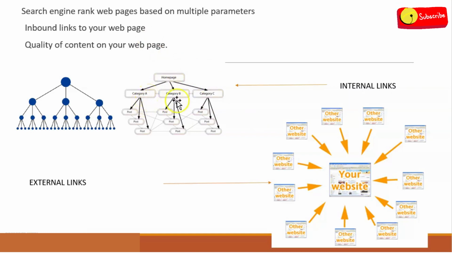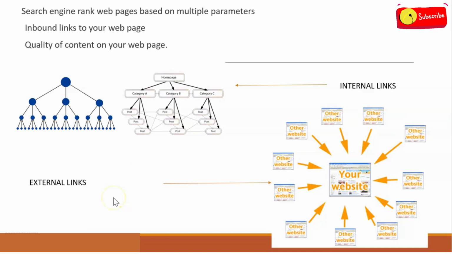There are category A, category B, and category C. And further in these categories we again have pages. So these are all interconnected to each other. For example, if I have created a page based on mother care, and in mother care we again create a link that is related to something mothers face as a problem. For example, you have another page about mothers facing problems, so you create that link in your existing page. That is basically what happens in an internal link.